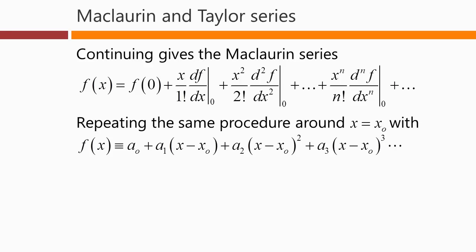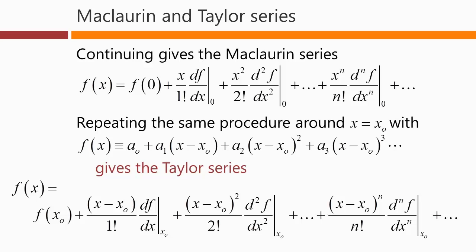Now, instead of doing this process around x equals 0, if we did it instead around some other point, x equals x naught, then with our presumed power series that we're trying to find these coefficients for, we can in fact proceed in exactly the same kind of way, and we will get what's called the Taylor series. And this here is the Taylor series. It's essentially the same as the Maclaurin series, but instead of everywhere we have x here, down here we have x minus x naught. So it's x minus x naught raised to all of these powers.